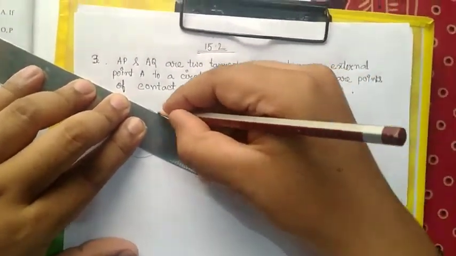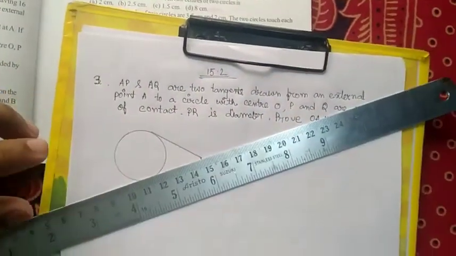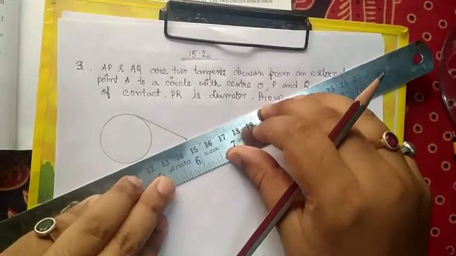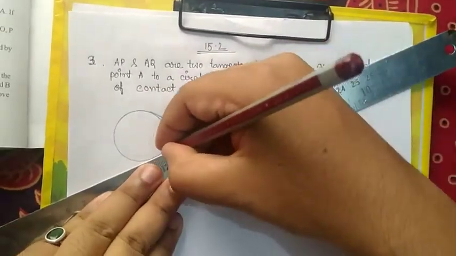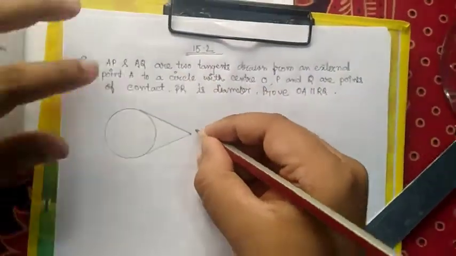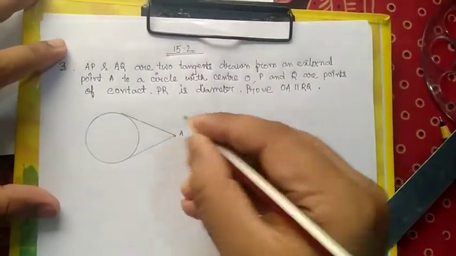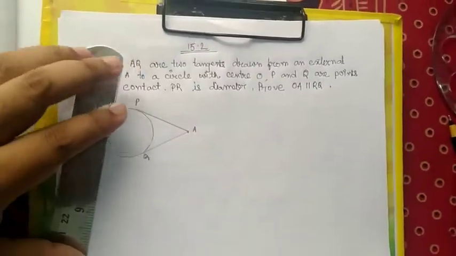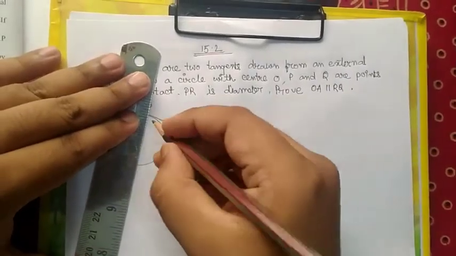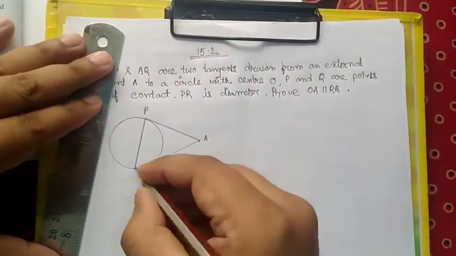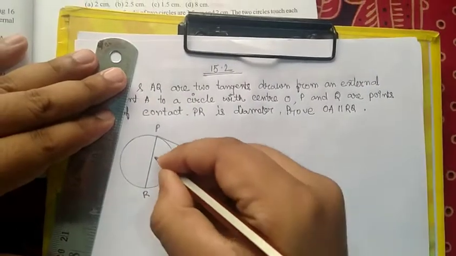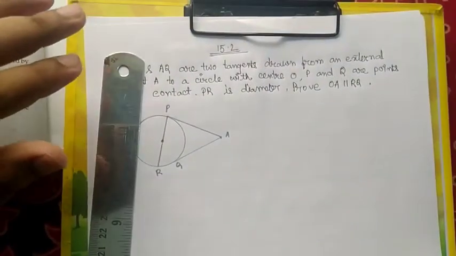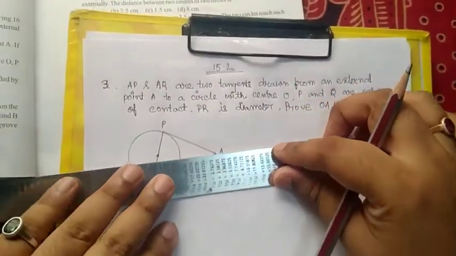This is AP and this is AQ. This is A, external point. This is P. This is Q. PR is diameter, given in the question. So therefore PR means this one, and this is the center. So first of all, we have to join OA